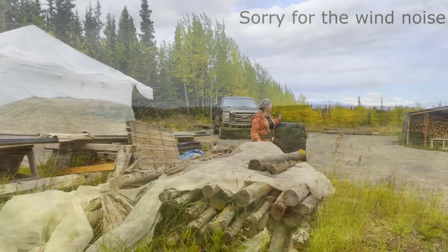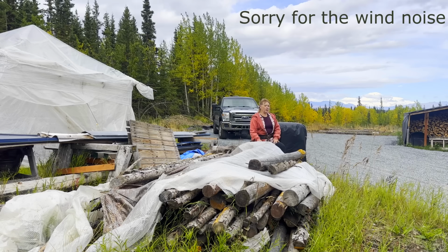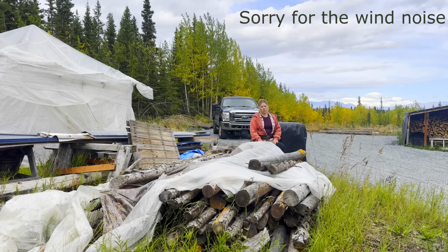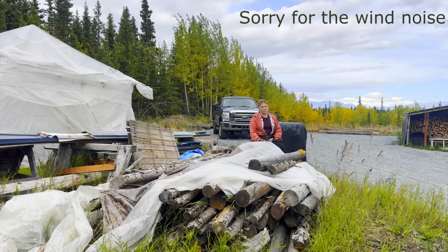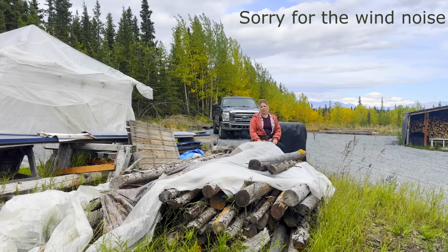I'm not seeing any termination dust on the foothills as of yet. It's a little hard to tell whether or not the mountains behind me have gotten a fresh dusting of snow or not. But regardless, I know that snow will be here in a matter of a few weeks, if not the next month. So I have ahead of me a couple of projects that I need to get done before